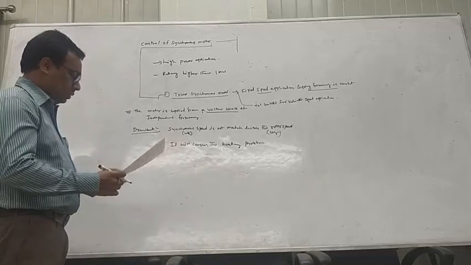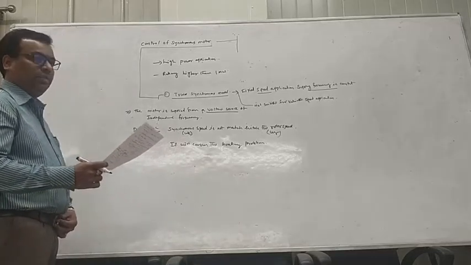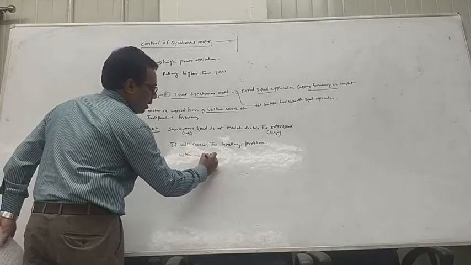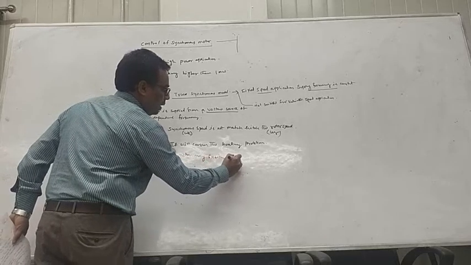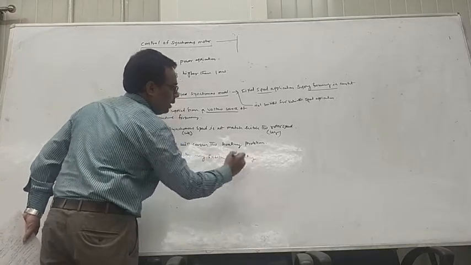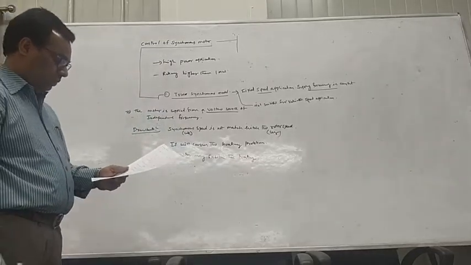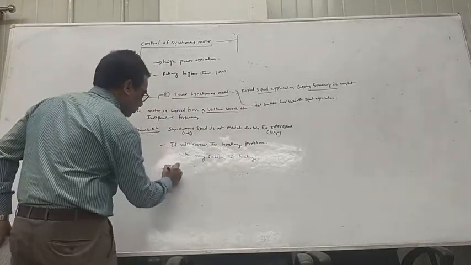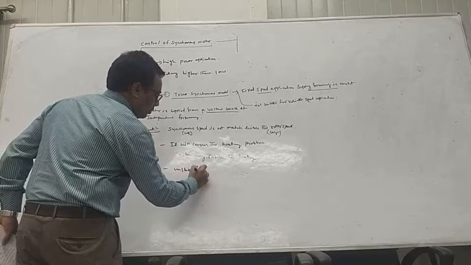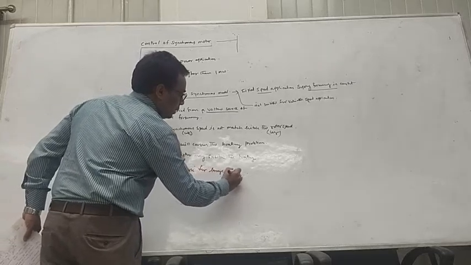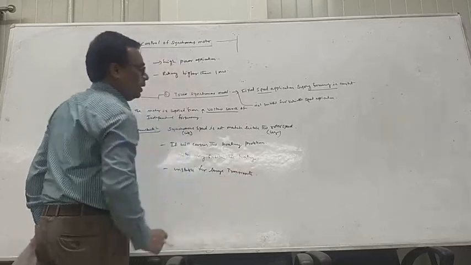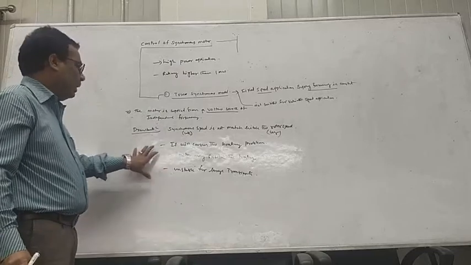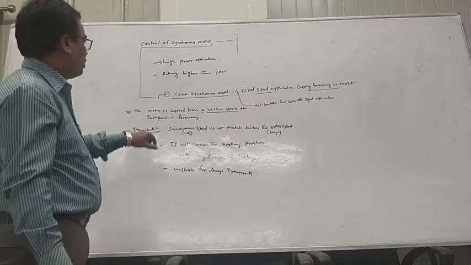And the disadvantage, this is the motor drawback: the motor may exhibit hunting. The motor may exhibit the hunting problem. It can be unstable for large transients. Unstable for large transients. So this is the problem. These are the drawbacks and the disadvantages of this true synchronous model.